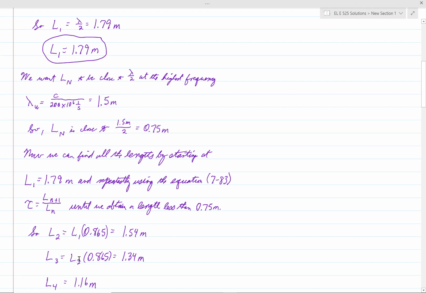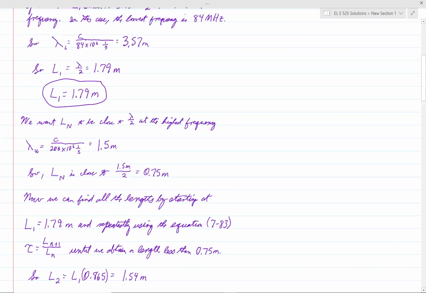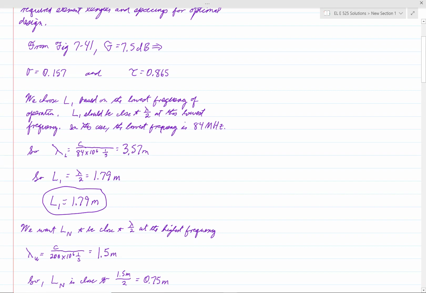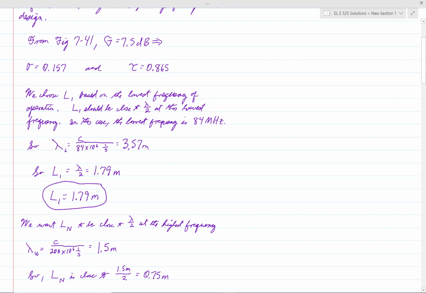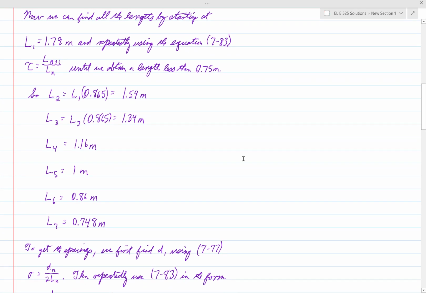And L3 will be L2 times tau, which would give you 1.34 meters. L4 would be L3 times tau, which would give you 1.16 meters. And you just repeatedly multiply by tau, which again, remember, tau is equal to 0.865. So you just repeatedly multiply by 0.865 until you obtain a length that is less than